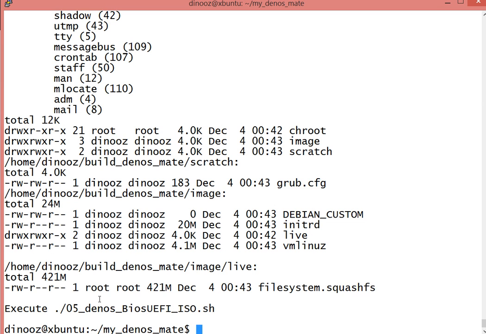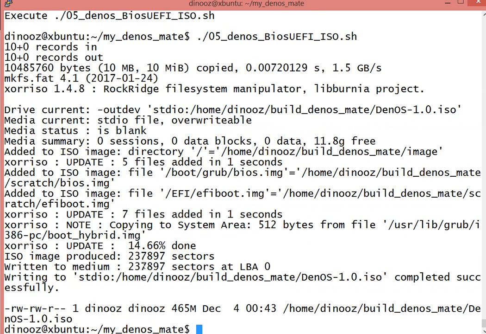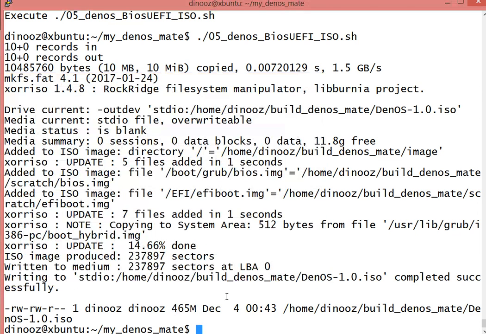The last instruction is to execute the command to actually build the image, and this is even faster. So here we go, 465 megs. This is going to be the total ISO image. I want to copy the file from the local machine. Here's the folder that was mentioned,